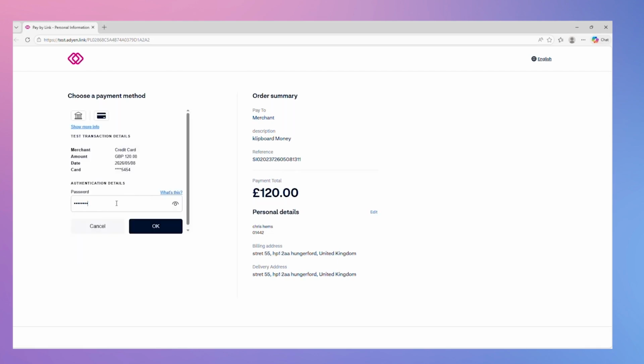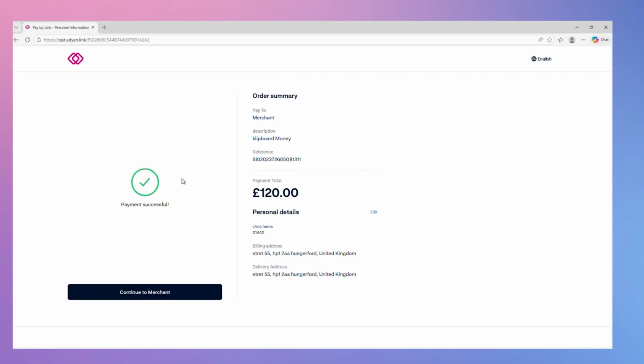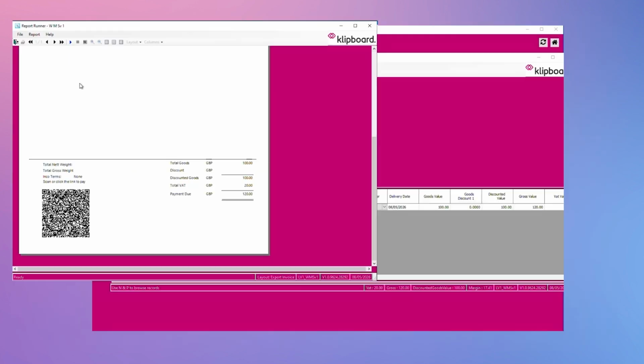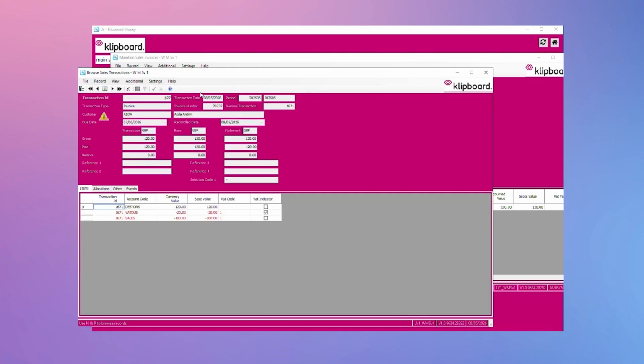And then my secondary authentication being passed through here. Okay, payment successful again. So ever so slightly differently on this one, because there is a transaction, the system is now trying to do cash creation and allocation so that we don't have to have that manual step. So if I just jump to the transaction that's been created against this invoice here,